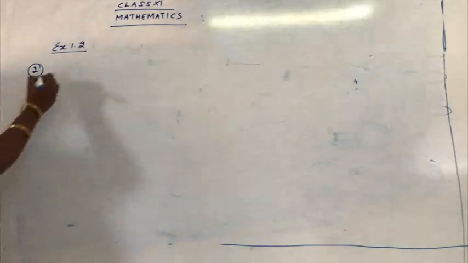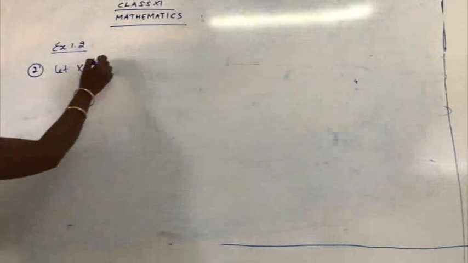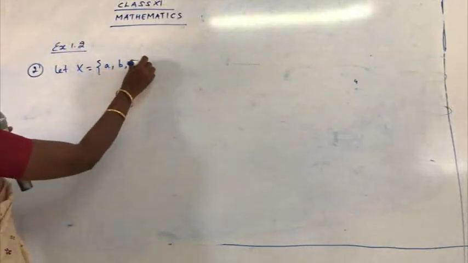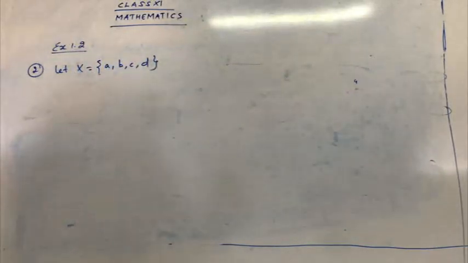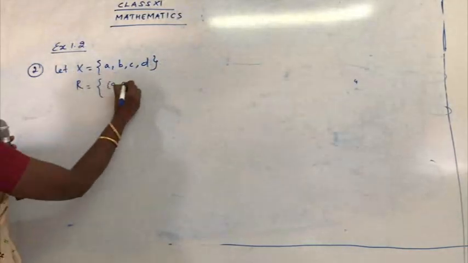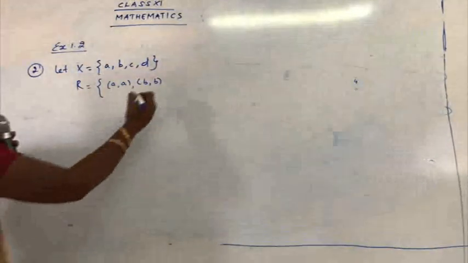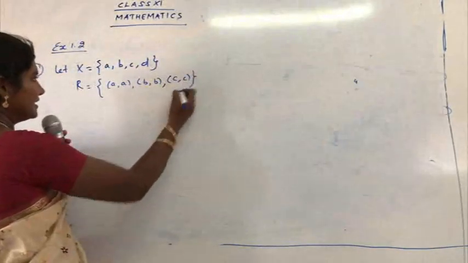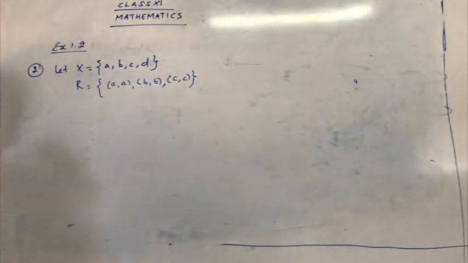So just mention here, let X is equal to {A, B, C, D}. This is a very easy sum. So once you're clear with the definition, you can directly write down the answer. The second thing is, what is the relation given to you here? It's (A, A), (B, B), and one more? It's (A, C). So we have written all the pairs that are given in the relation part. Okay, so I have got two things. One is X and one is R. Now let's come to the first part of the question.